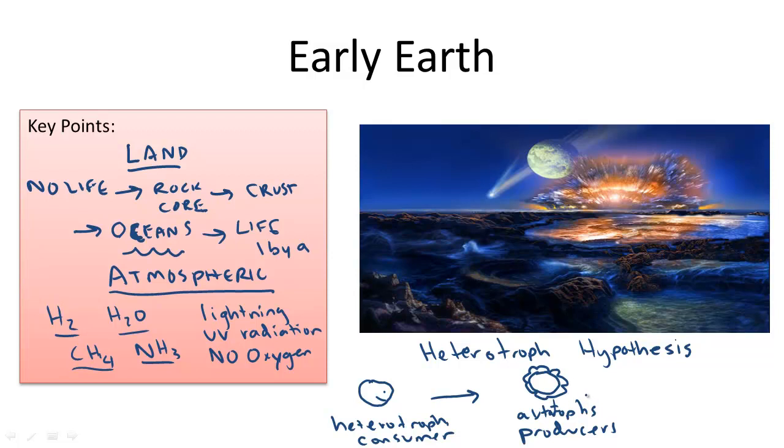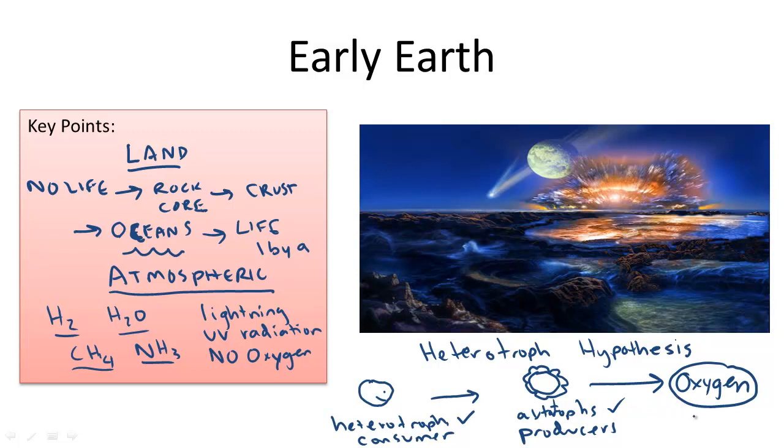They did not look like plants. They were probably one-celled, but I'm making a plant-like structure here. And these early autotrophs evolved, and really importantly, evolved. Not only did this help heterotrophs and supply more food for heterotrophs, but autotrophs' waste product was oxygen. So oxygen, as it turned out, became a very efficient way to produce energy in both autotrophs and heterotrophs. And these organisms, as oxygen developed in the atmosphere, ultimately thrived.